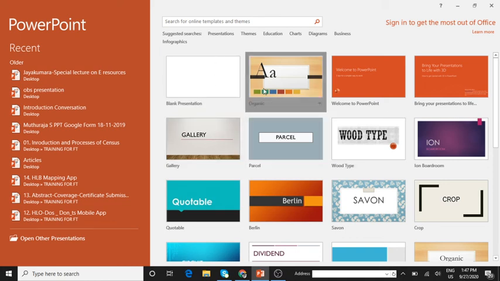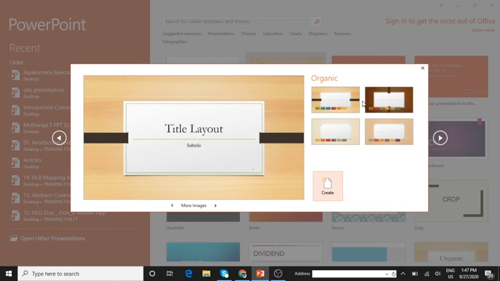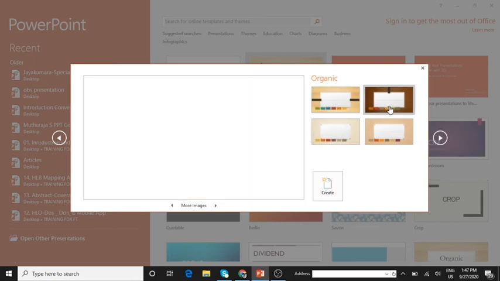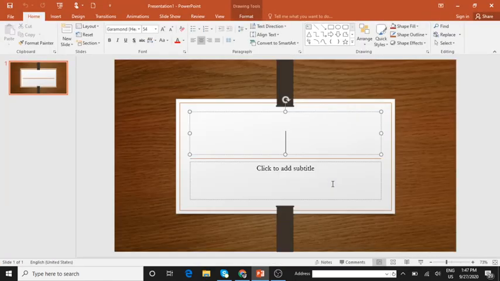Let me select this one, Organic. Understood? There are 4 variants to this template. I can select any one of them. I'll just select this, then click on Create. You'll be clicking on Create. Can you see this now? Is everybody able to see this? Yes. Clicking on Create gets us to our presentation,